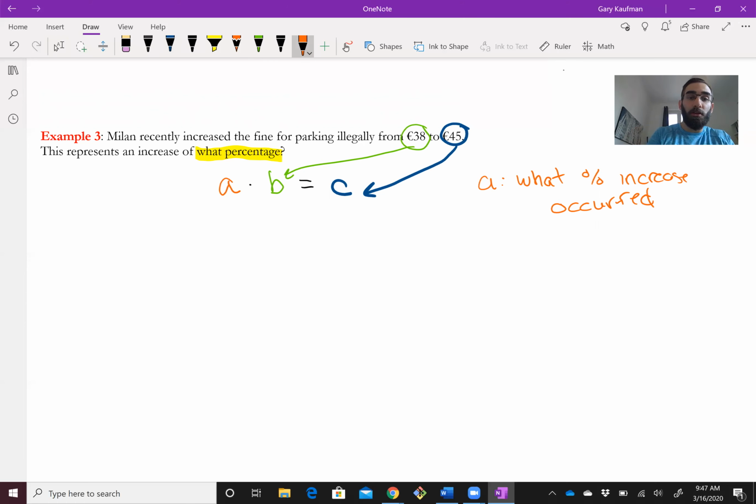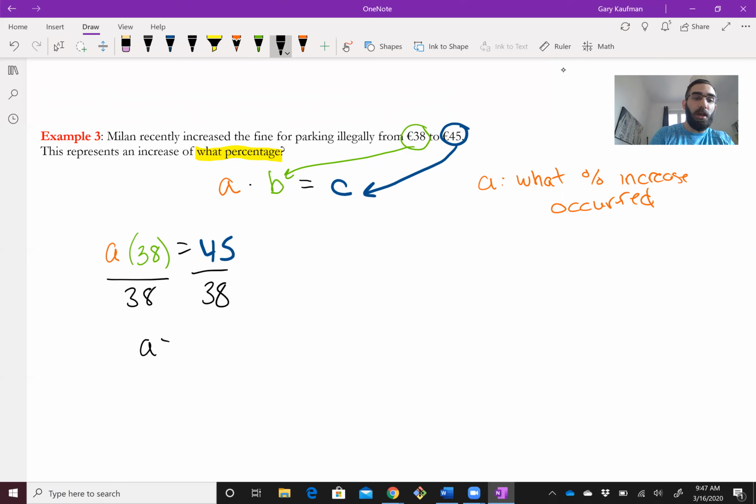So either we can say, A multiplied by 38 equals 45. And when we end up doing this, we divide by 38 and we get A equals 45 divided by 38, 1.18. Or the other way we could have done it is we could say, okay, A times 38